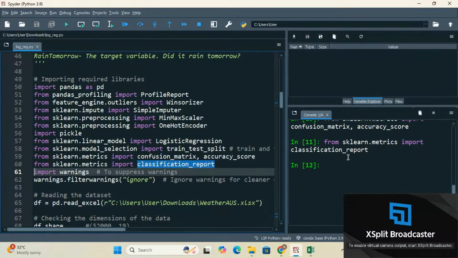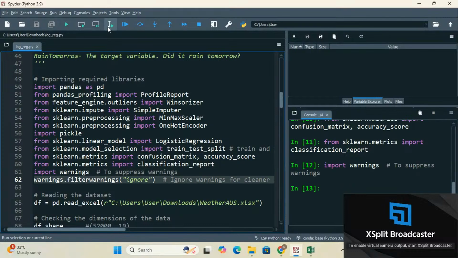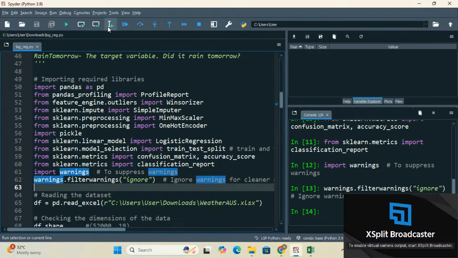So done. And finally, warnings. Whenever you import warnings, it helps us to ignore the warnings that you get at the end of each step. Okay, right. And I'm just passing the filter warnings. So this is going to ignore the warnings that you get. Done. So successfully we have imported